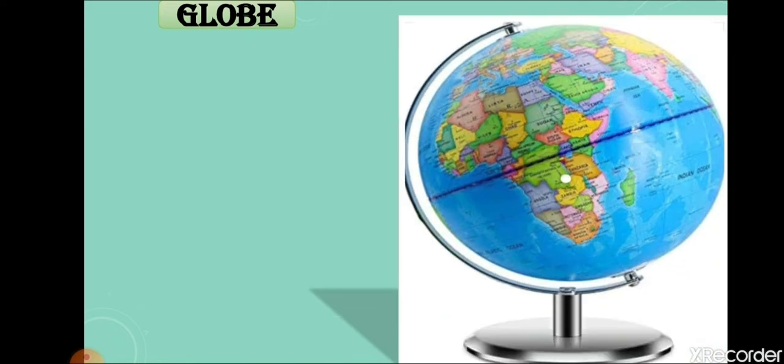I think that all of you have seen a globe in your school library, or maybe you have a globe at your home. So, what is a globe? Students, a globe is exactly the representation of our Earth. A globe is like a tiny image of a planet that tries to represent every feature on the Earth. Have a look at the globe. Basically, a globe is a true model of the Earth. Our Earth also looks like this. We can say that a globe is the 3D, three-dimensional, representation of our Earth.